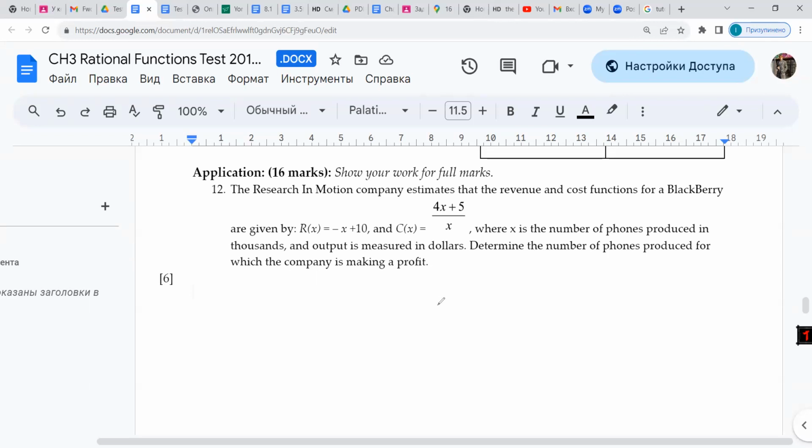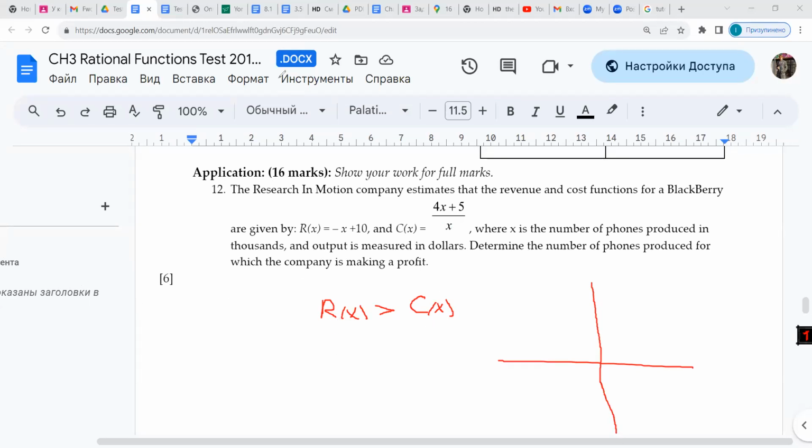So basically, the company would make a profit when R of x is greater than C of x, when revenue is greater than the cost of production, right? So we see right away that 0 is not a suitable result for us, so there could be no 0 phones produced. So what I'm going to do, I'm going to write this